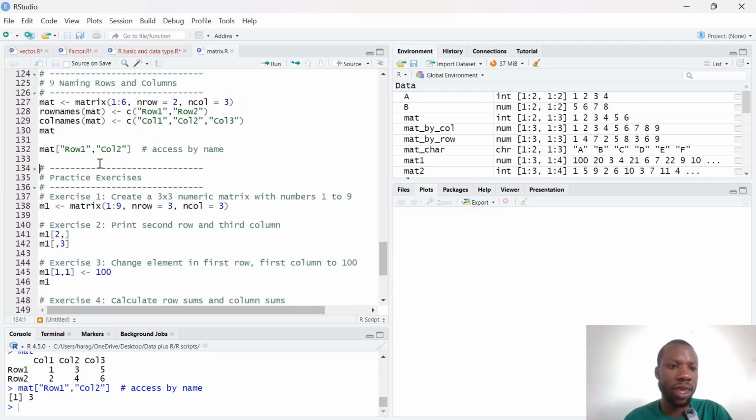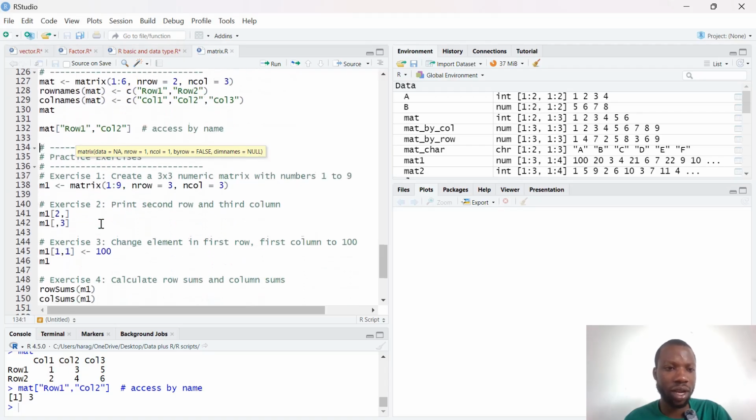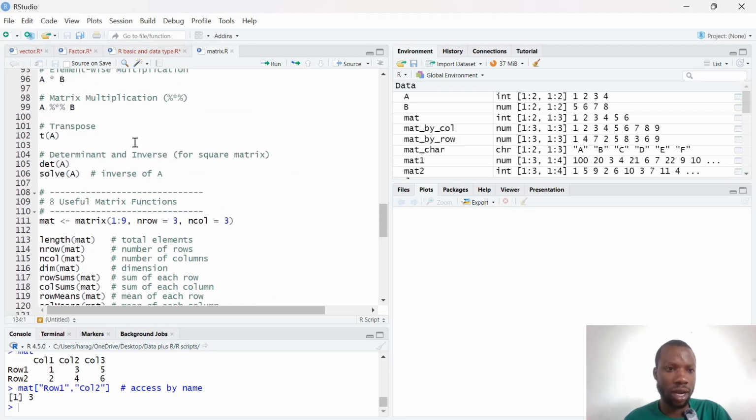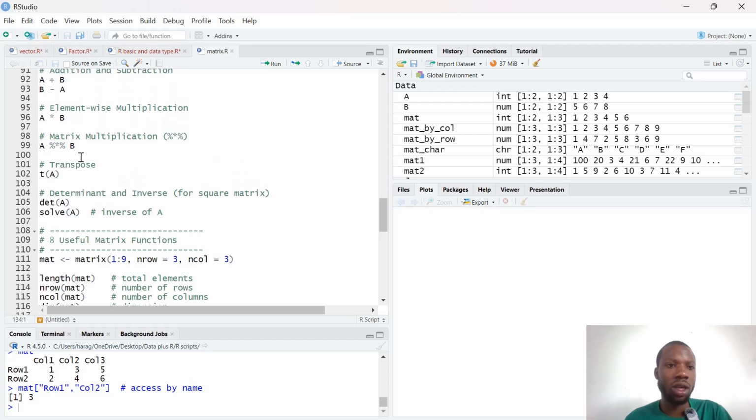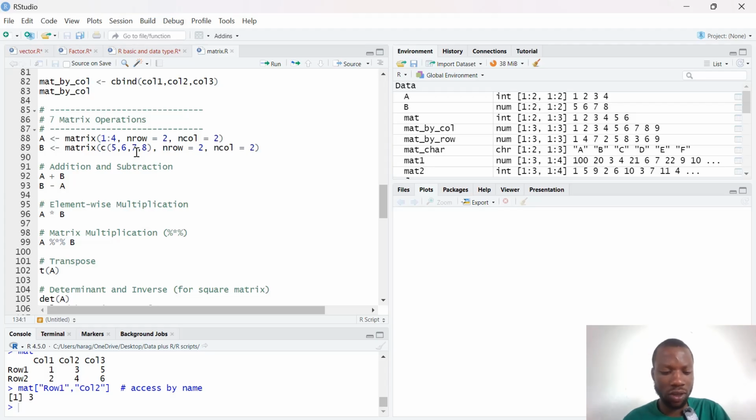So I think you have seen a lot on matrices, and these are the practical examples, and what you have to do is just understand those kinds of things. You have to master it so that it is going to be easier for you. Once you understand the logic behind the matrices, it is going to be easier for us once we look at the data frame,